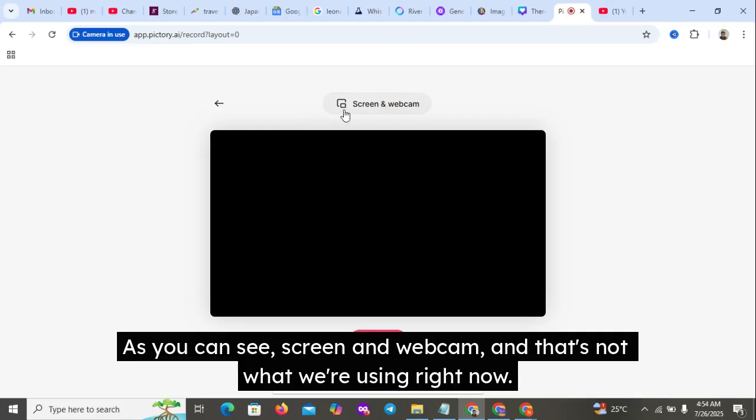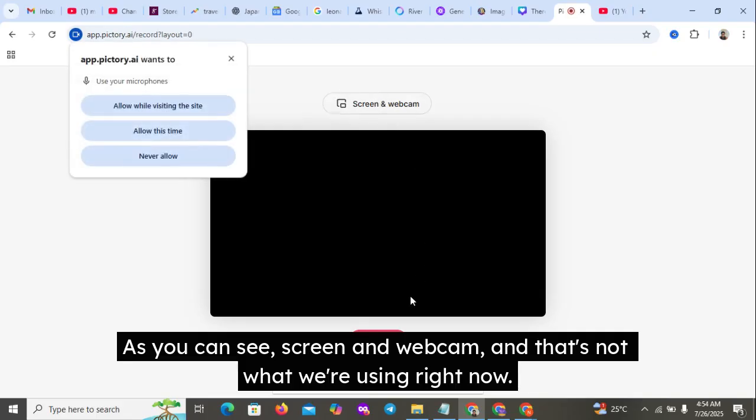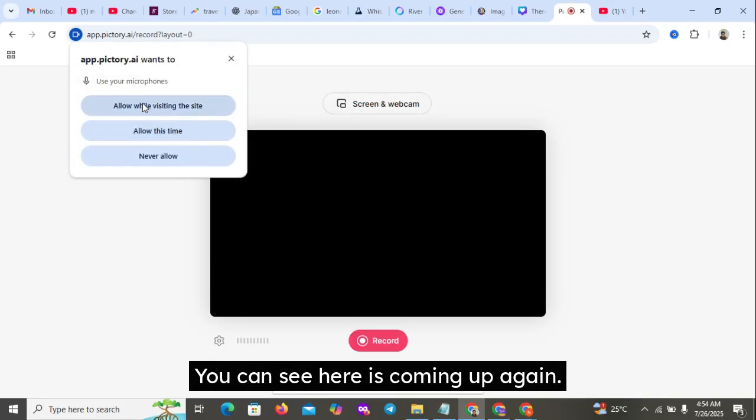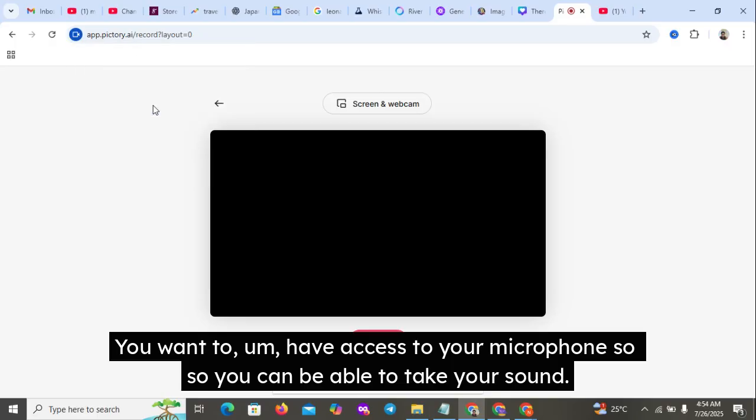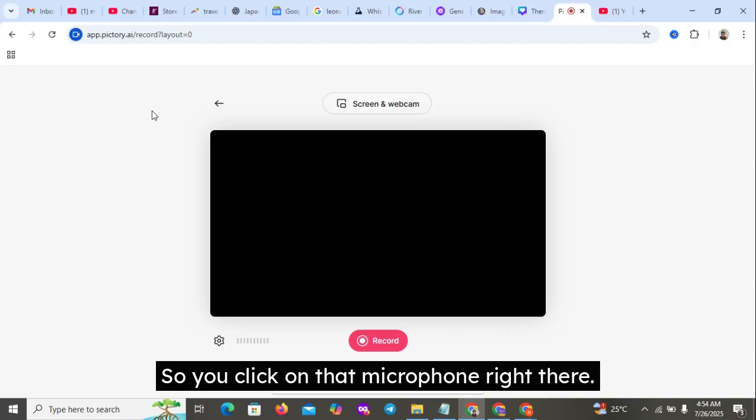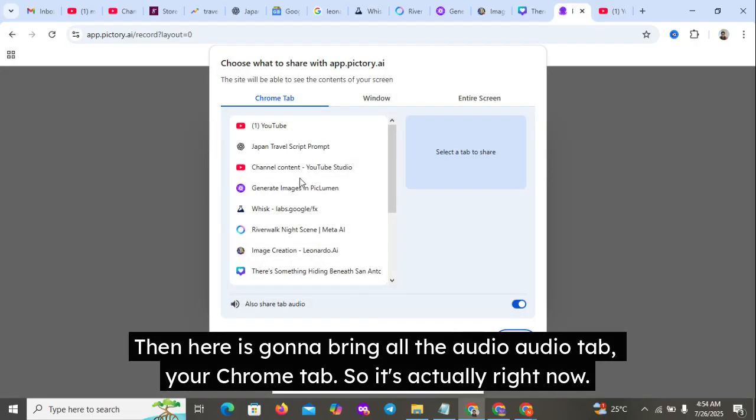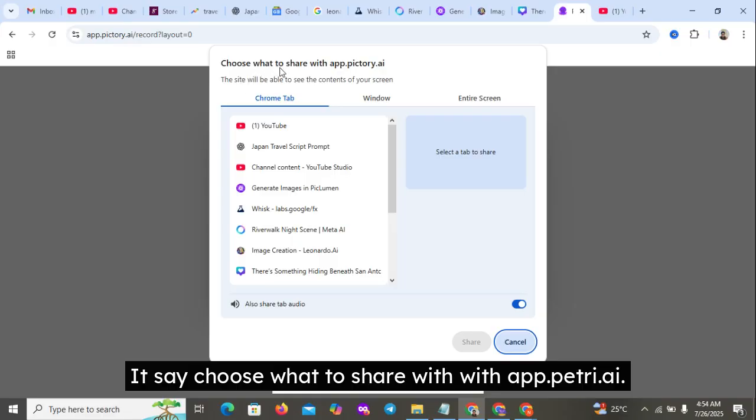As you can see, screen and webcam, and that's not what we're using right now. You can see this is coming up again. You want to have access to your microphone so you can be able to take your sound. So you click on that microphone right there. Then here is going to bring all your tabs, your Chrome tabs. So it's asking you right now, it says choose what to share with